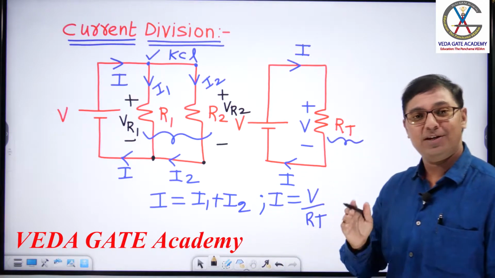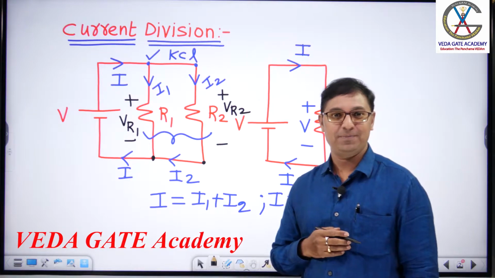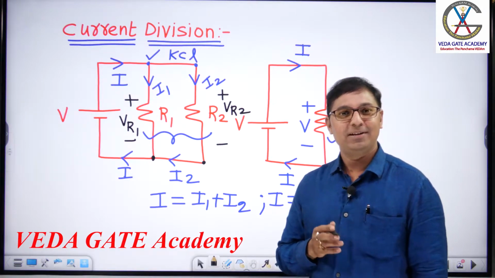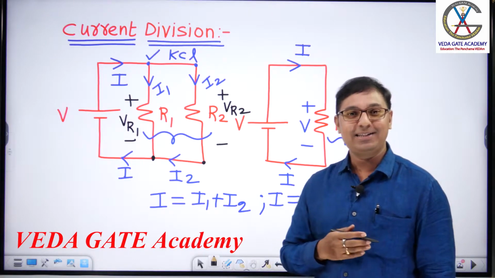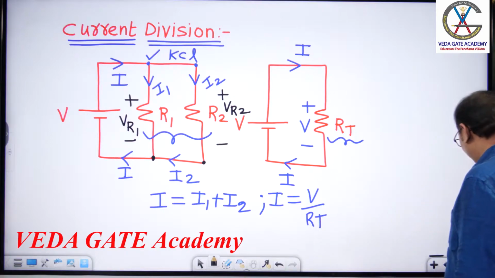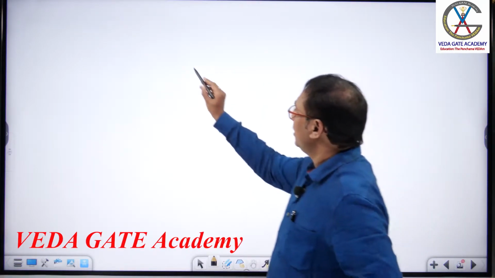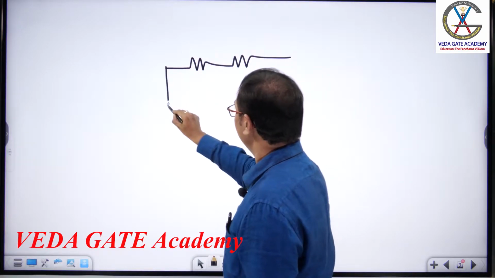How is it V? Is there a technical proof? Yes, we have a technical proof, and it is even an ISRO interview question. In a series connection, what is the same? Current is the same. In a parallel connection, what is the same? Voltage is the same. Why is the current the same in a series connection? Why is the voltage the same in a parallel connection? Let us analyze with technical analysis.